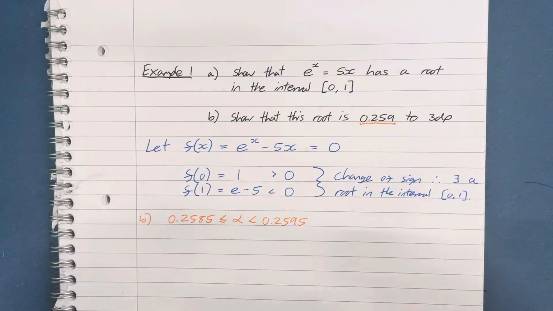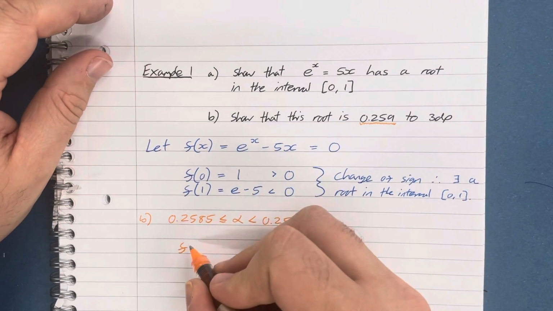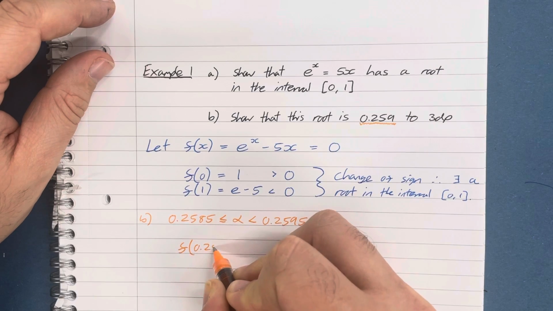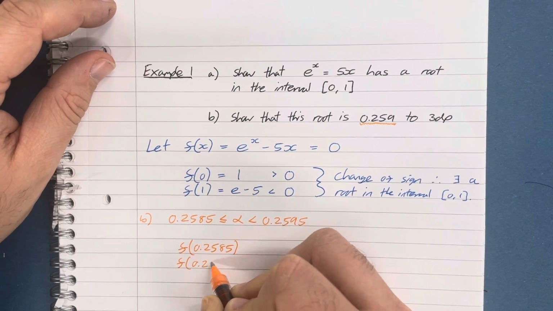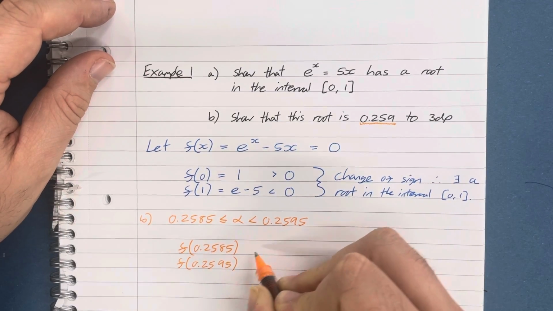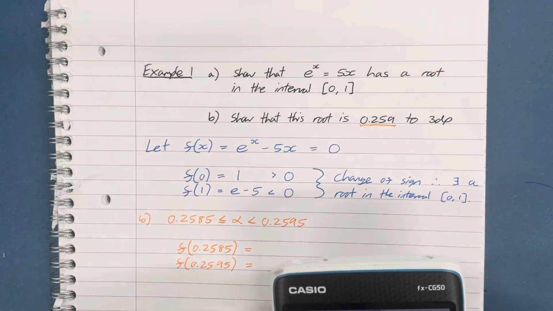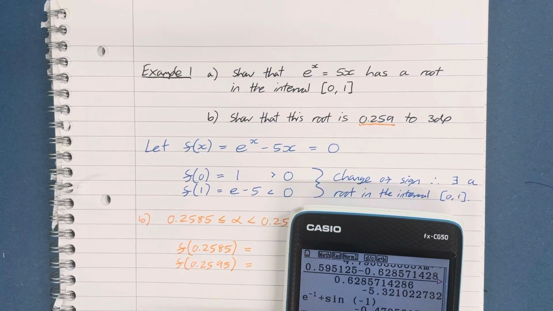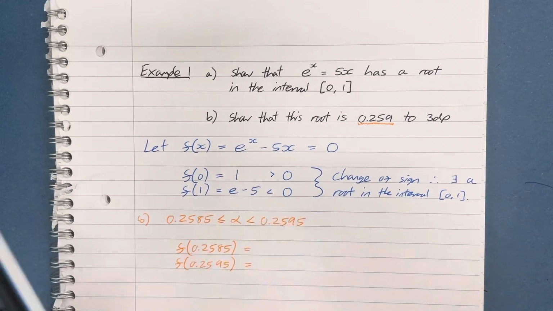So I'm going to do exactly the same as I did in part A, except instead of using 0 and 1, I'm going to use these two new bounds of 0.2585 and 0.2595. And again, we can use the table mode if you want to. I'm actually just not going to bother this time. So it's going to be e to the 0.2585 minus 5 times 0.2585. So that gives me